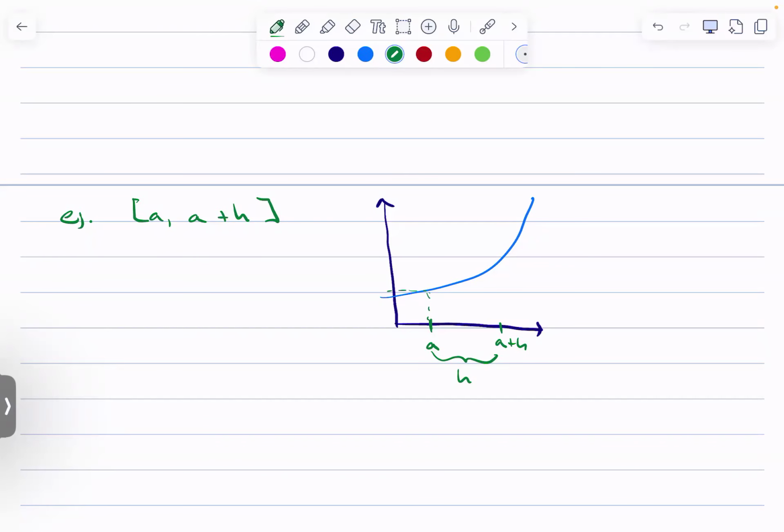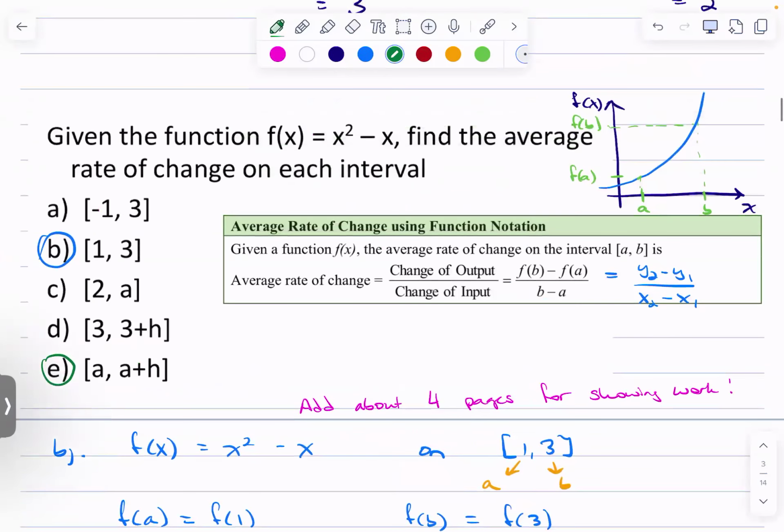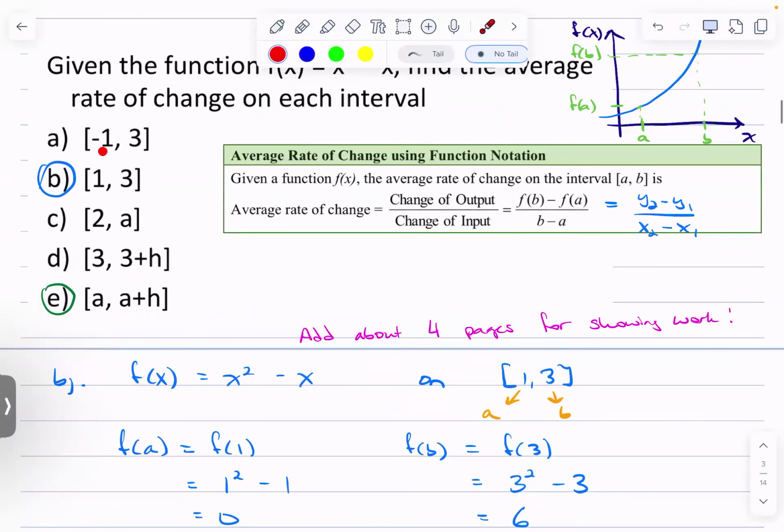And of course, here I have f of a, and here I have f of a plus h. So if I'm able to develop a formula for the average rate of change from a to a plus h, then really I could backtrack and use that formula for all the previous examples, right? Because if we're looking at a to a plus h, well, if I want to do -1 to 3,